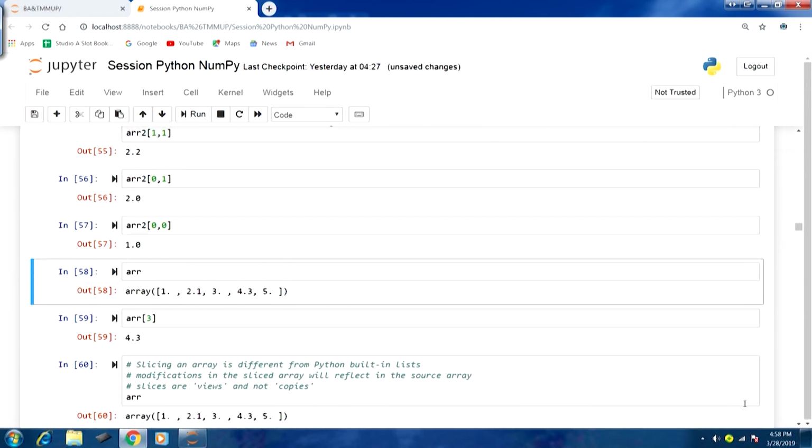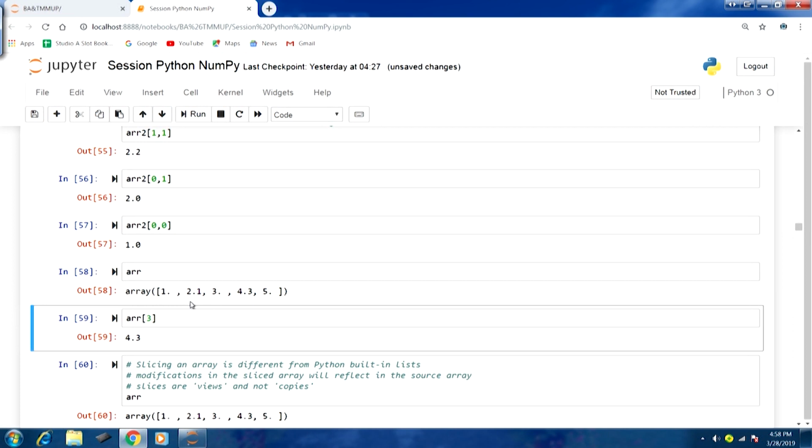Similarly, if we take array 3 here, and we just access the third element. We have just one dimension, this is a 1D array ARR, as you can see in the output 58.